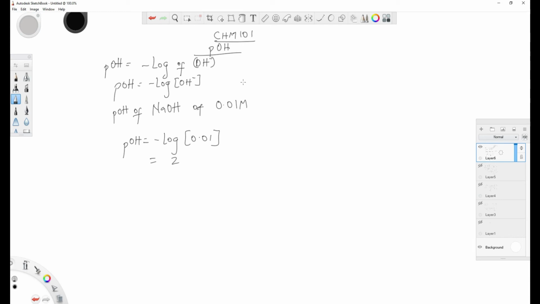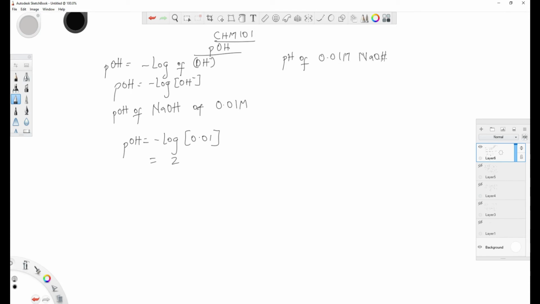What works for pH still works for pOH. So let's not waste much time on it. You just need to know if this is an acid or if this is a base. But there are times when questions are twisted. For example, you might be told to find the pH of 0.01 molarity